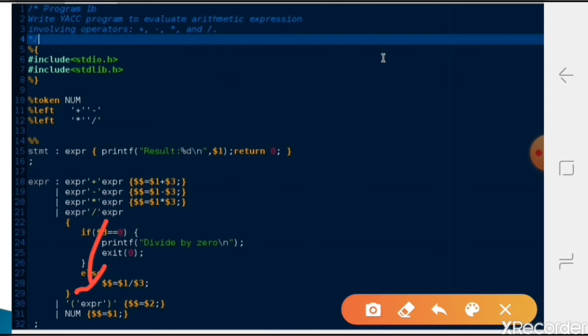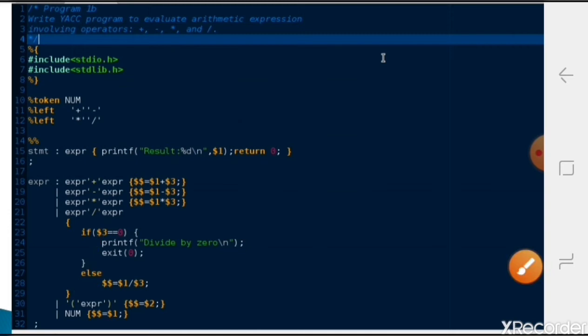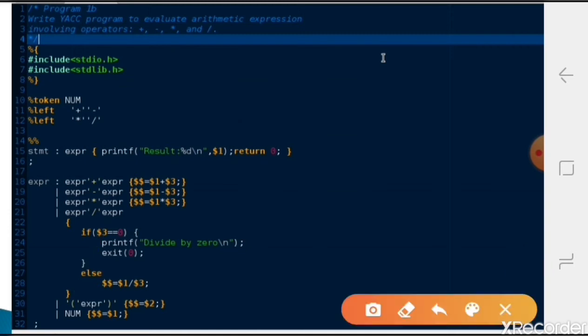We assign it as it is, just to remove the open and close brackets. And at line number 31, expression producing num is the production. Whatever num value is there will be the expression value, so $$ equals $1, and we directly give the value here.